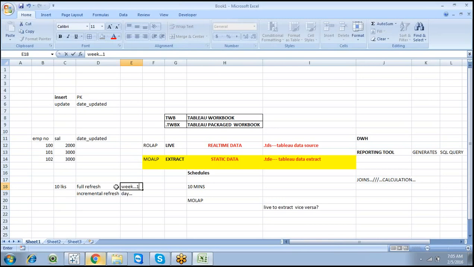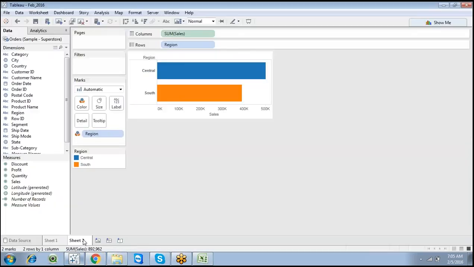Preferably incremental refresh daily wise, and if possible a full refresh every week, in non-business hours, on top of the server. It depends, but incremental refresh gives a better result. It does not burden the server side. So this is the importance of Tableau incremental refresh.